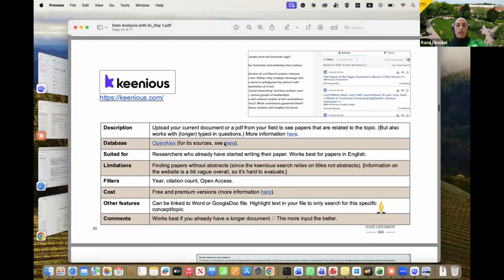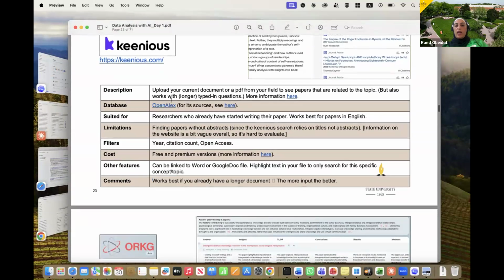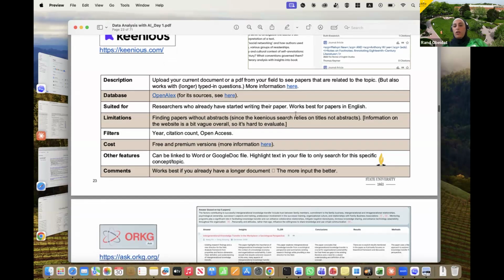Let's go down here. There's another one, as you can see. This one has access to the OpenAlex database. You connect, you upload your PDFs for the articles that you have, and then you can see the papers related to the topic. As you can see, this is the limitation that I was talking about. It relies on getting the relevant articles based on the keywords in the title, not the abstracts,